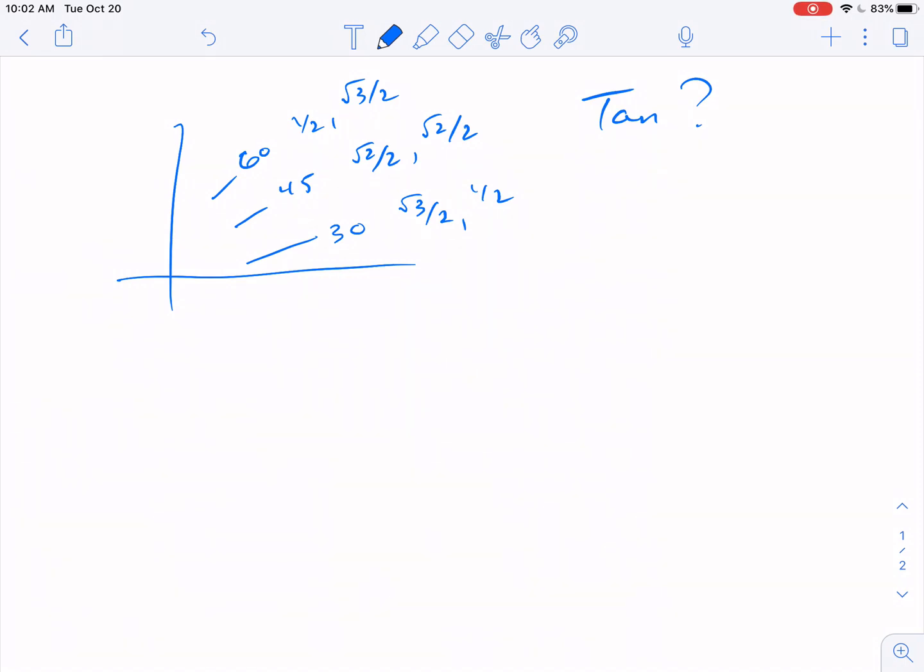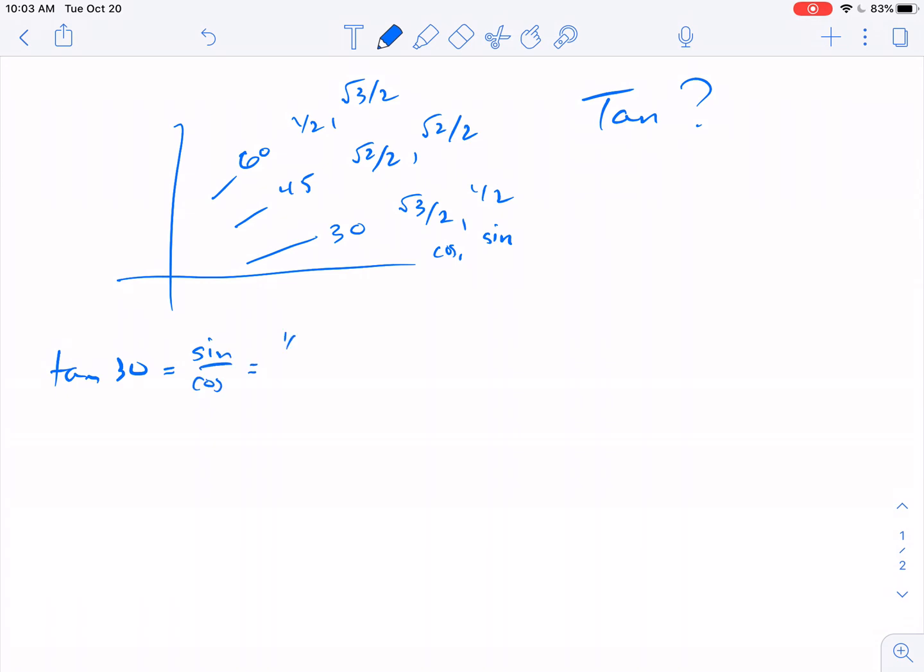How exactly does tangent work? So I'm going to walk you through the 30, the 45, and the 60, and maybe even a couple others. But first of all, when you do ordered pairs, remember that it goes cosine, sine. And so if I ask you to do the tangent of 30, you're going to put sine over cosine for